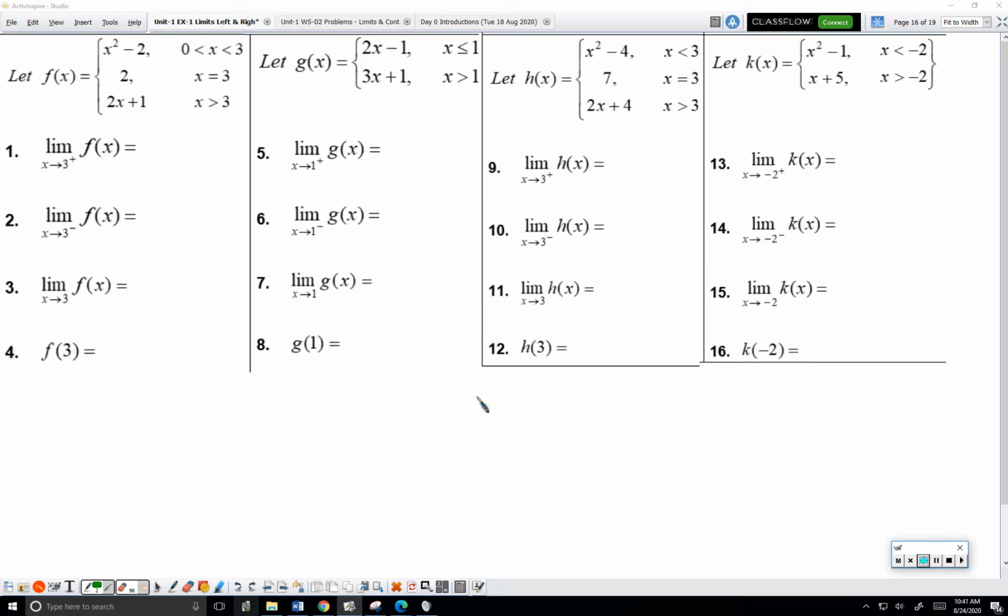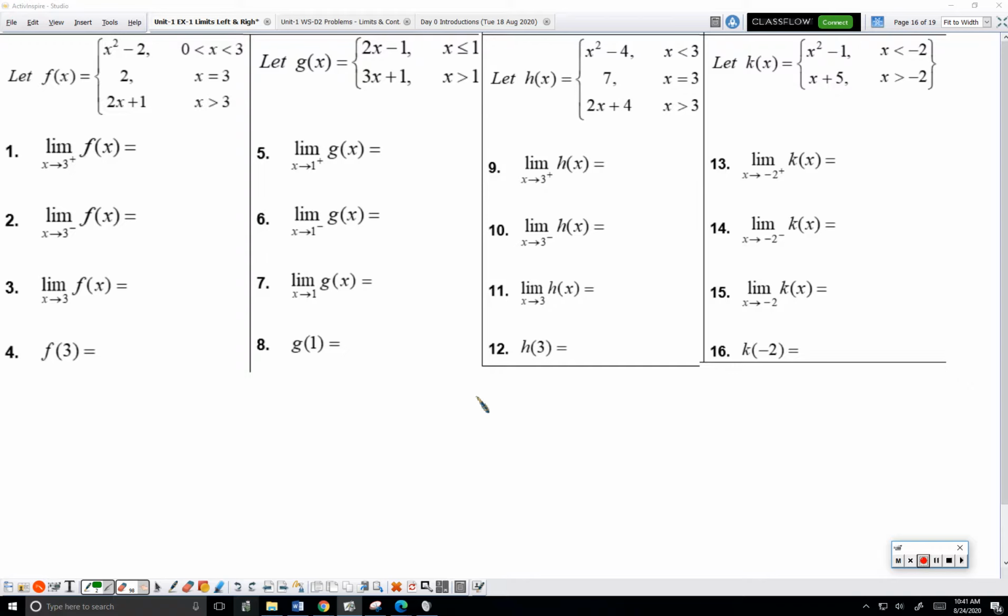Okay, this is the other sheet. This is the other page in the white packet that has examples of piecewise functions and finding limits of piecewise functions. So again, you should do this as practice. We didn't get a chance to talk about finding the limit of a piecewise function, so what I would do